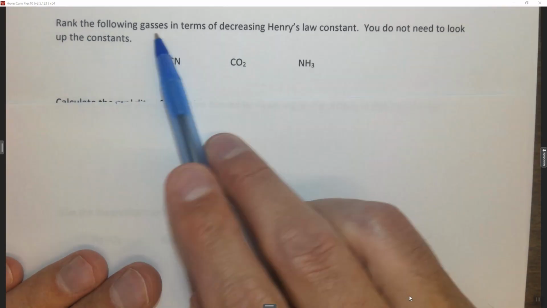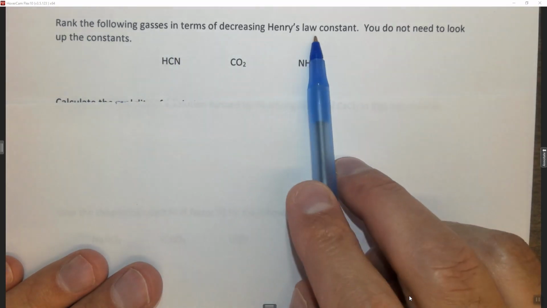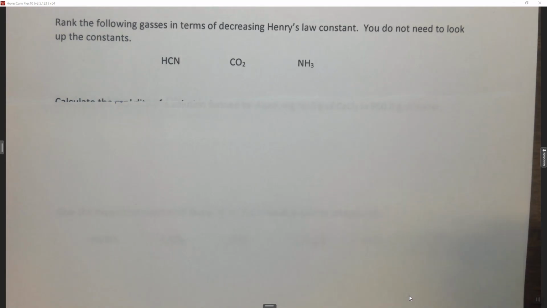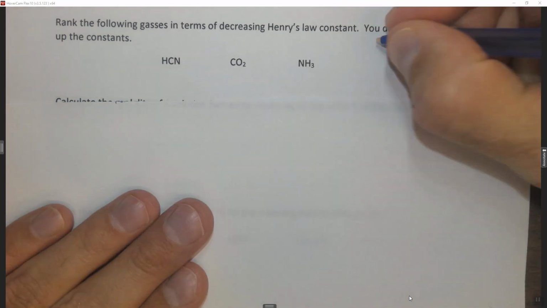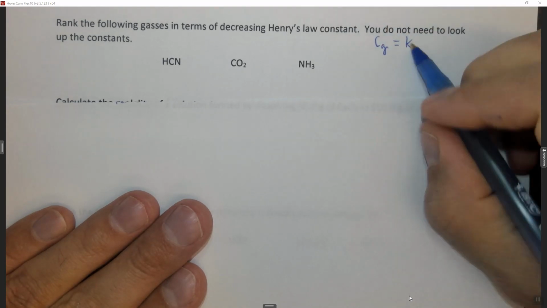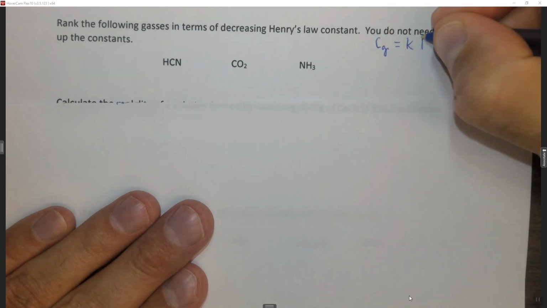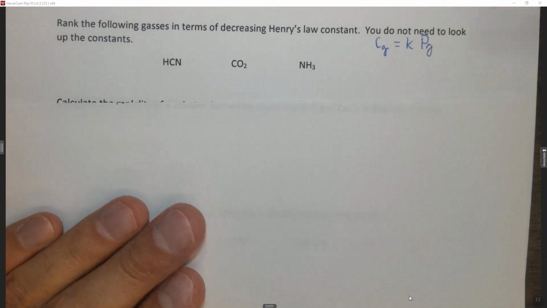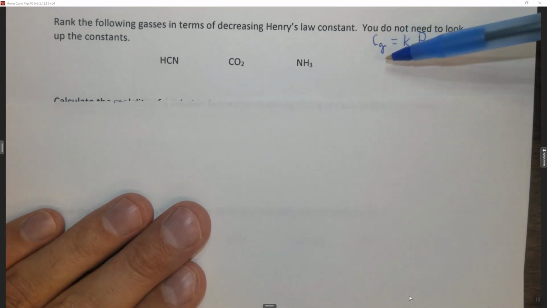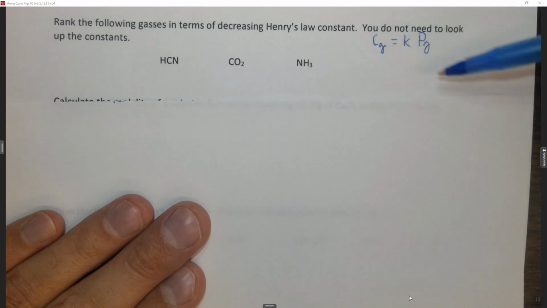So this question says, rank the following gases in terms of decreasing Henry's law constant. So Henry's law constant is basically, first of all, let's look at Henry's law. Henry's law is the concentration of the gas equals K, the Henry's law constant, times the pressure of the gas. What this essentially tells us is that the concentration of the gas in the liquid, water we're talking about here,